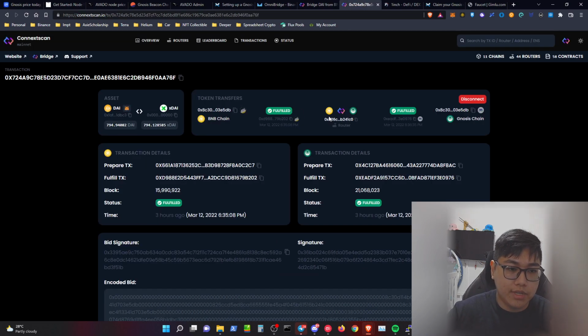Once you have approved the transaction, it is going to look something like that. First of all, you need to send your funds to the address, the smart contract. Once you have fulfilled it, the decentralized program, the router I will call it, basically wants to sign the message first. Once it's signed, it's going to tell you to sign your own message.